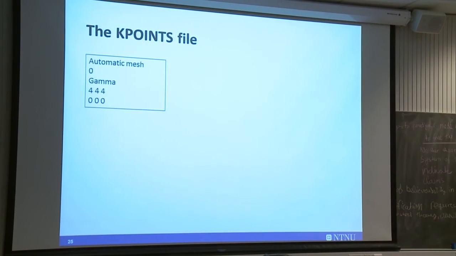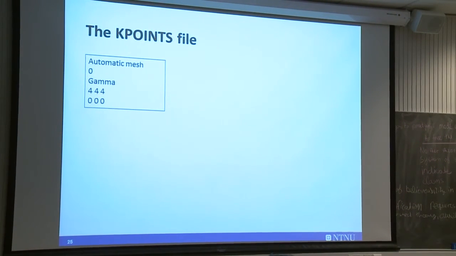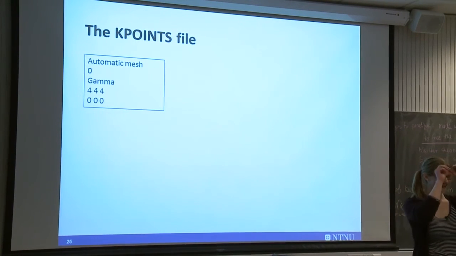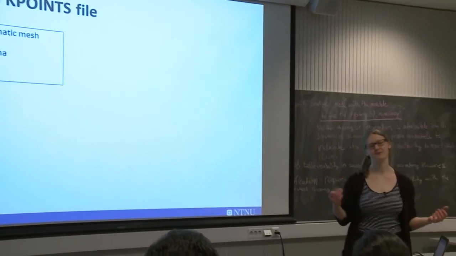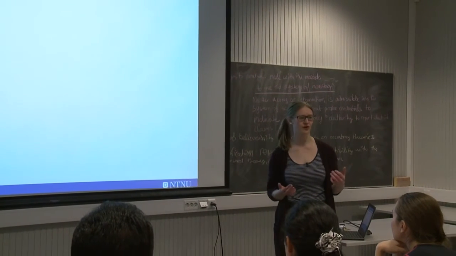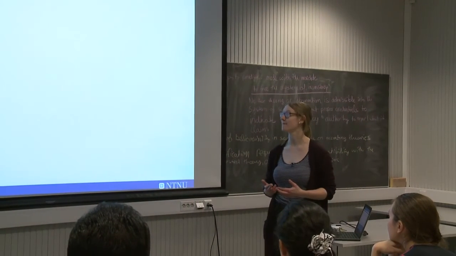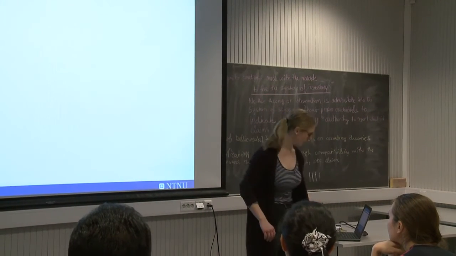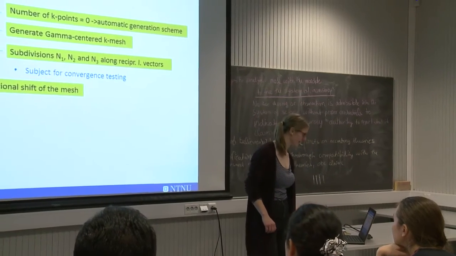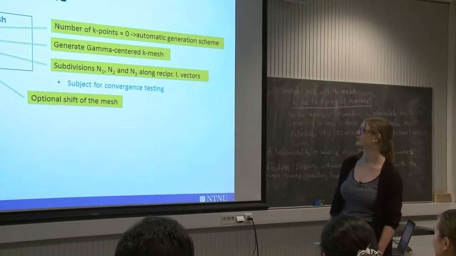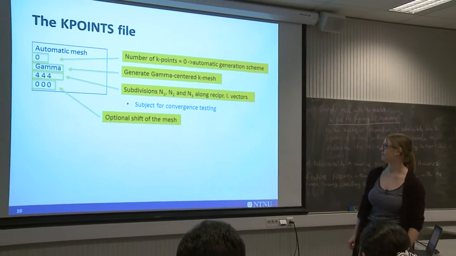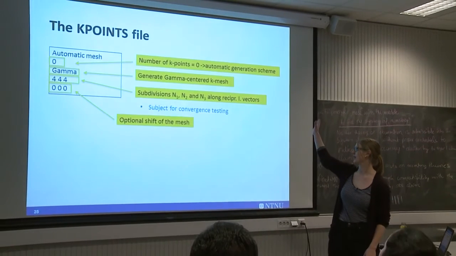K-points file, that's quite a small file, doesn't contain a lot. I always use the automatic mesh. There are a lot of ways. You can explicitly set the K-points in your Brillouin zone, but I always use some automatic mesh, so my file looks simple. And the other thing here is that I specify